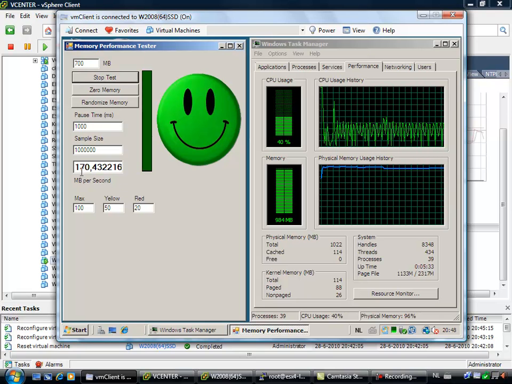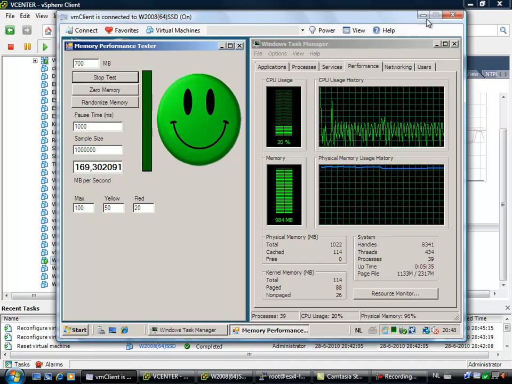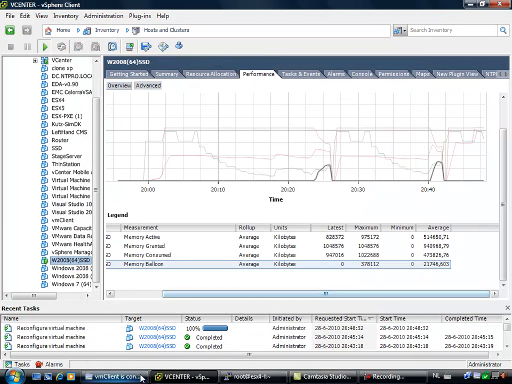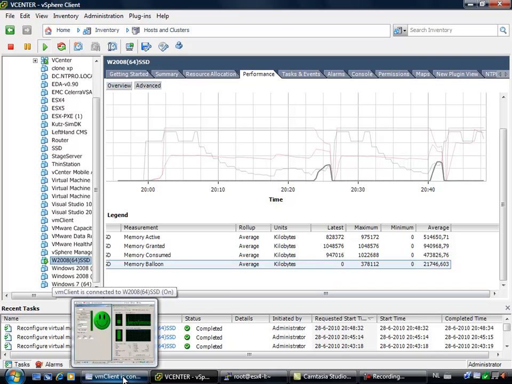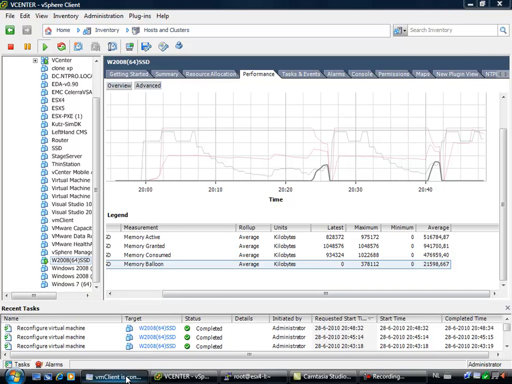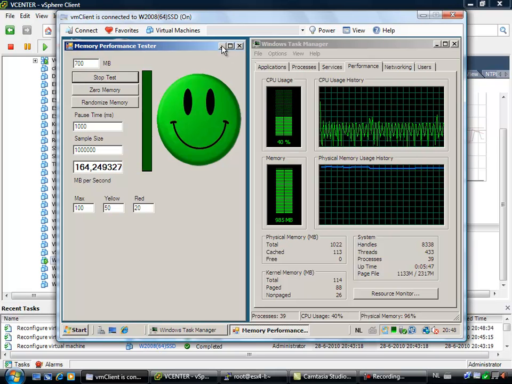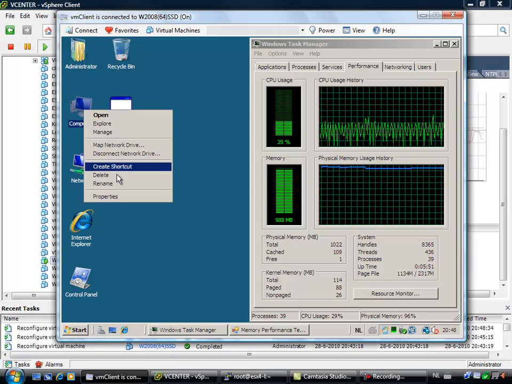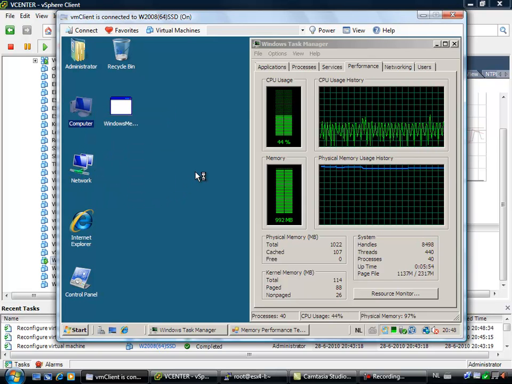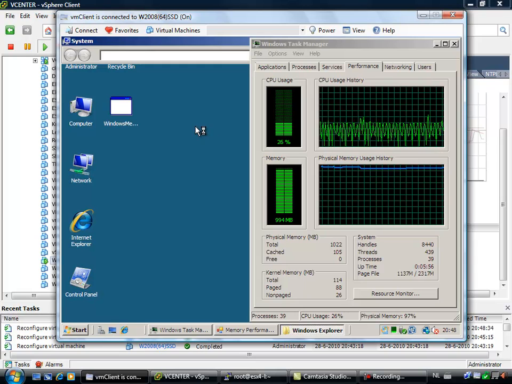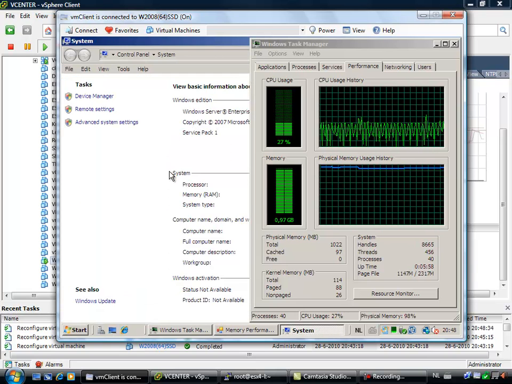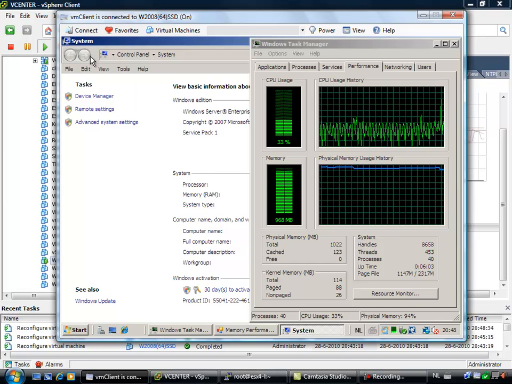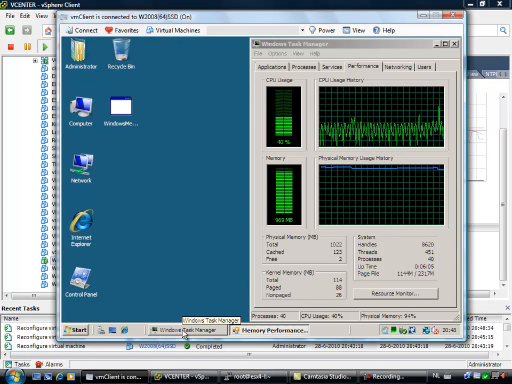Yeah, okay, 170 MBs per second, and I'm going to put in the limit of 512 MB. I'm going to hit OK, and let's see what will happen. So the virtual machine, when I'm going to the guest OS of this virtual machine, you will see that this virtual machine is actually configured with 1 gigabyte of memory, but the memory is not available anymore, or will be in a short period, because this virtual machine is limited to and it can only use 512